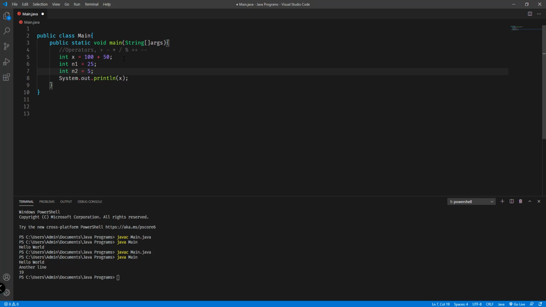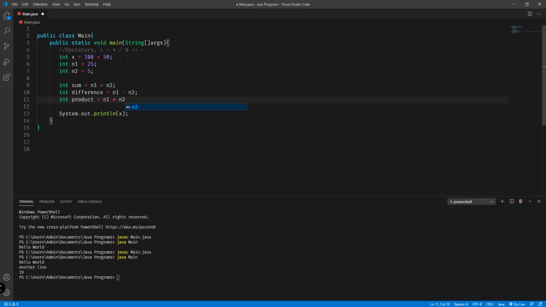So we could try to get the total or sum of the two numbers by using int sum equals n1 plus n2. If we want to get the difference, then we're gonna use n1 minus n2. For product, you could use int product equals n1 multiplied by n2. We also have quotient equals n1